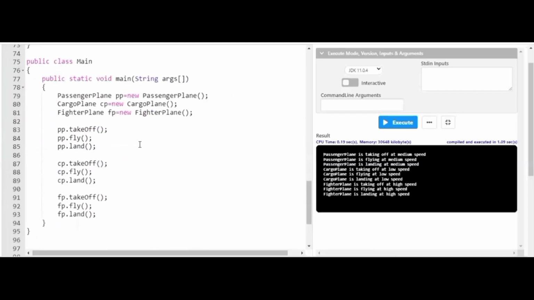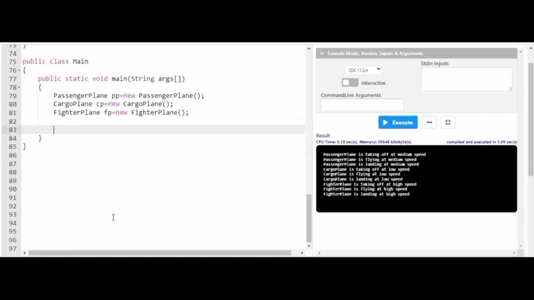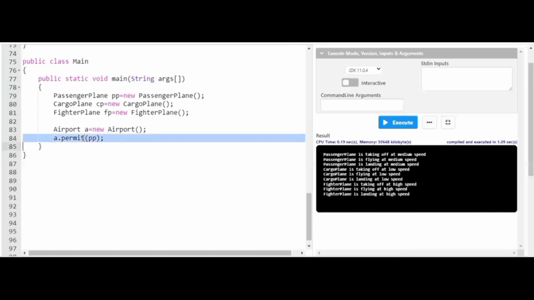Now what to do, friends, for instance I'll be taking this out. Here I'll be creating an object for the airport class: Airport a equals new airport. Here I'll be making use of a dot permit, passenger plane.